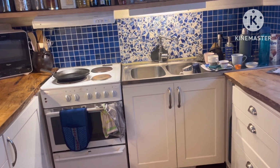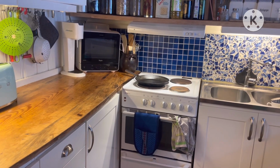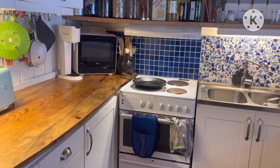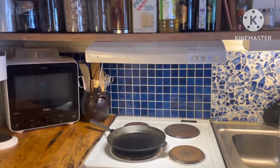I'm not going to do drawers under my sink. One thing that I'm kind of hoping to do is to either incorporate the microwave into a bank of cabinets, or maybe get a stove that's also a microwave, because there is not a lot of space in this kitchen. But one other thing that's actually wrong in this kitchen that I notice in a lot of kitchens